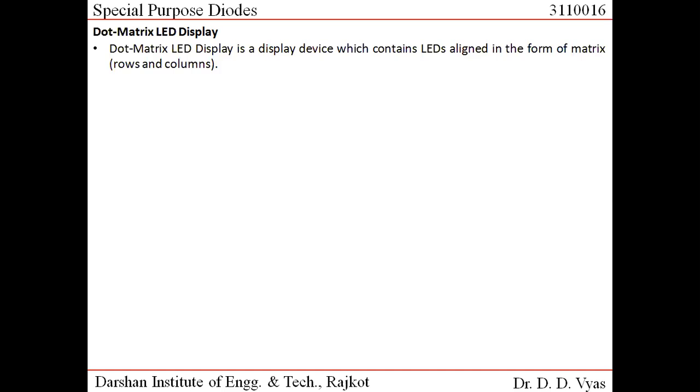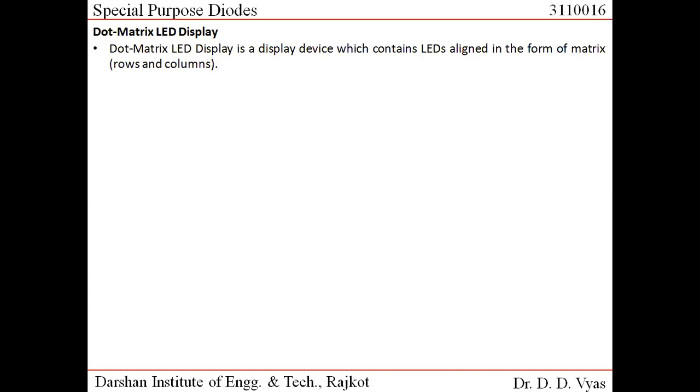In addition to that, the size of the 7-segment display and 16-segment display is limited. One character is displayed on one particular element or one particular device of 7-segment or 16-segment, which has a dimension constraint. So what if we want to have a larger size display, which are generally used at public places, say railway stations or bus stations? In this case, dot matrix LED displays are quite popular.